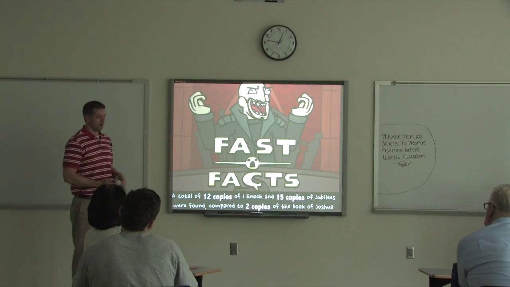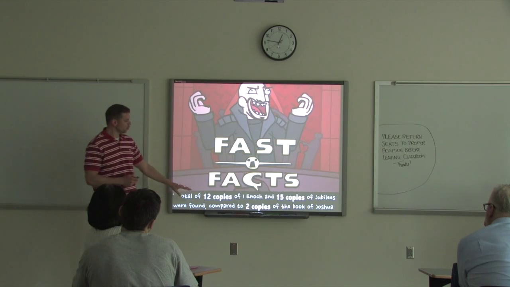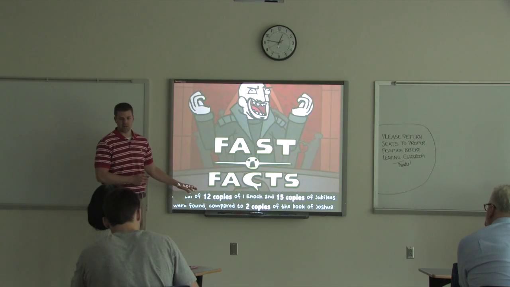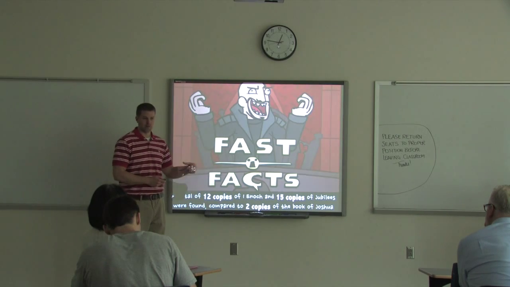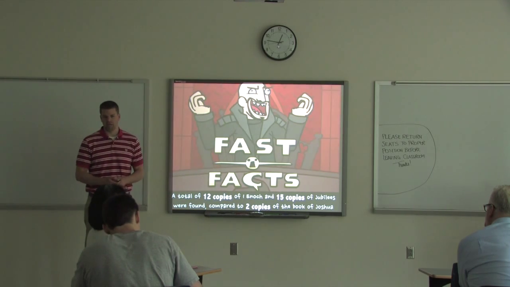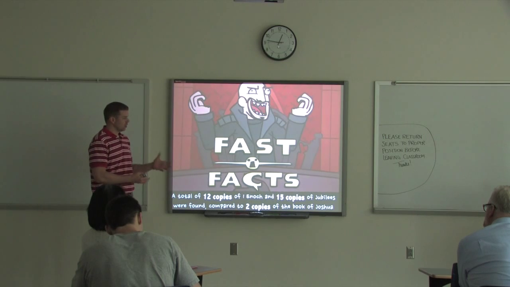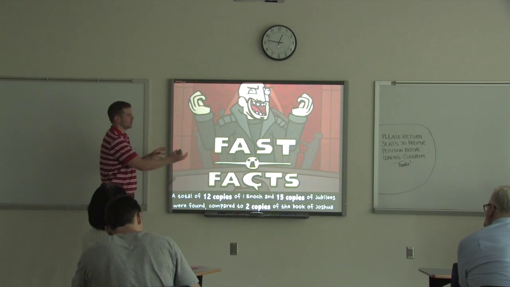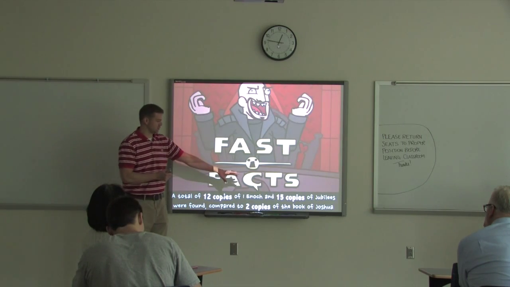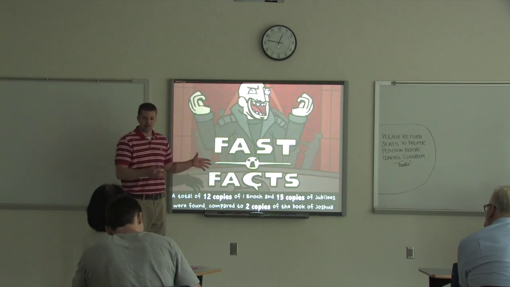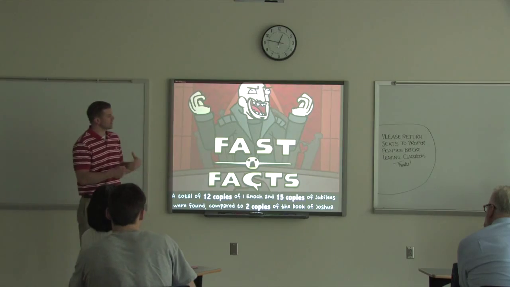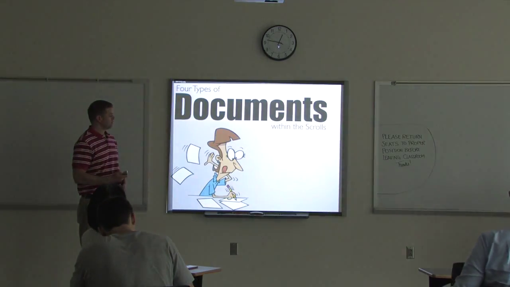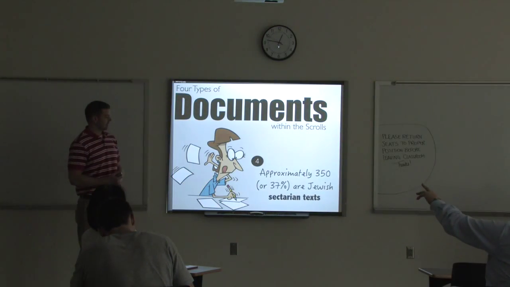than some of these other texts that we use today. So in terms of numbers, 12 copies of the book of 1st Enoch were discovered, and 15 copies of Jubilees. Now if you compare that to, let's say, the book of Joshua, which had 2 copies, it looks like this community that's preserving these texts viewed these books as more authoritative, more important for their lives than, let's say, Joshua, even though that might be important too. It's very interesting in terms of canonical thinking. The very last part of the text, the very last fourth.